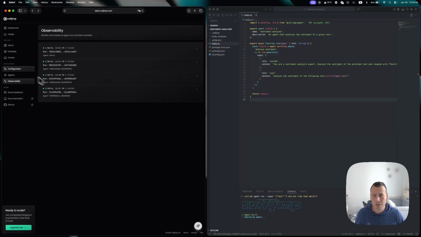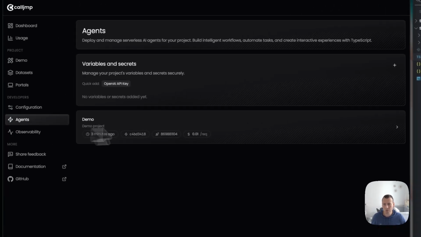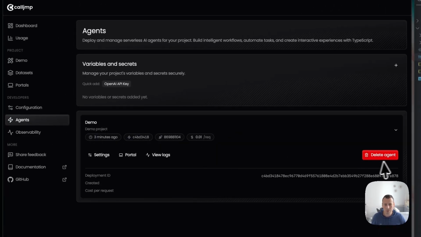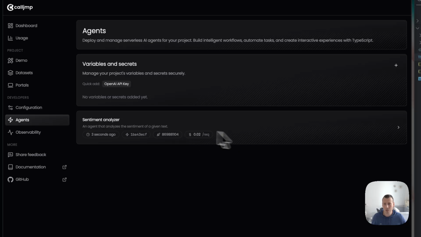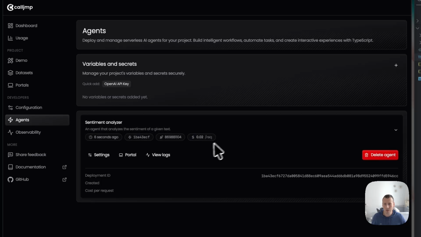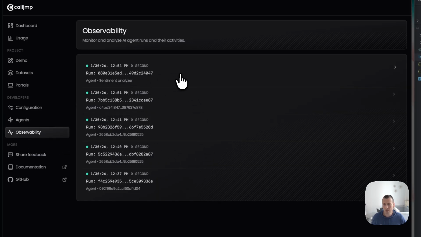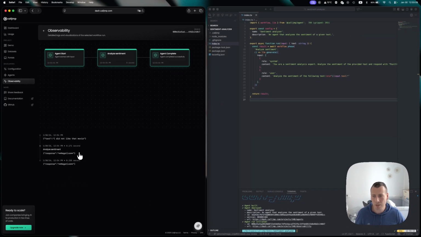Let's deploy this agent. On the dashboard, we can see we have an agent. It's the demo project, but it's gonna be changed now. So let's update this page. We can see it's changed now. It's roughly costing 2 cents per run at this moment. So here we're gonna take a look at this run, and we can see the response is negative